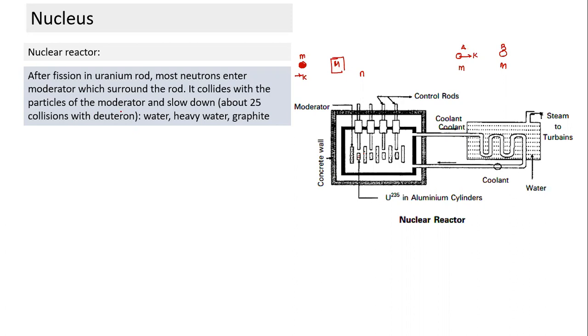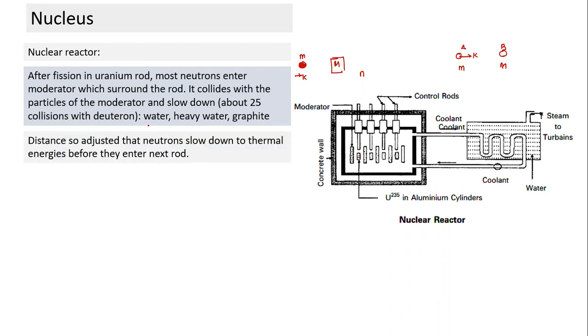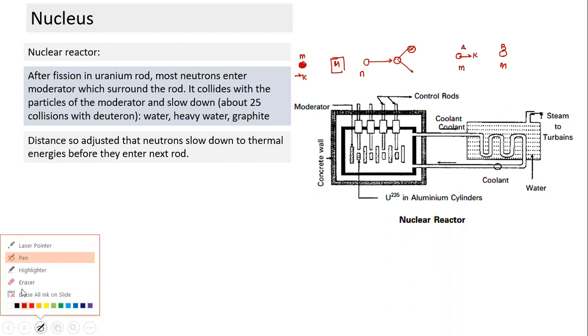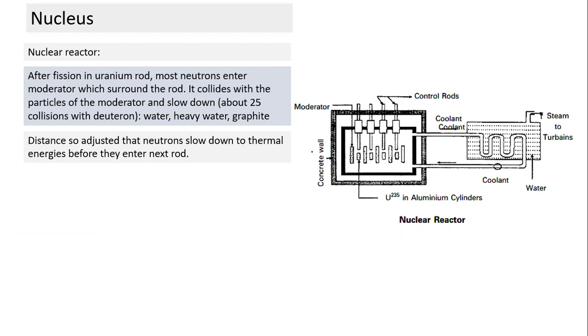When we use a moderator, it should collide with something like a hydrogen atom. Even if it is H2O, even as a molecule, this neutron may go and collide with the hydrogen atom. When it collides with the hydrogen atom, it transfers a greater share of its energy. When it collides with a heavier atom, a smaller fraction is transferred. These points are more for your understanding; from an exam point of view they are not very important, but it's okay to understand them.